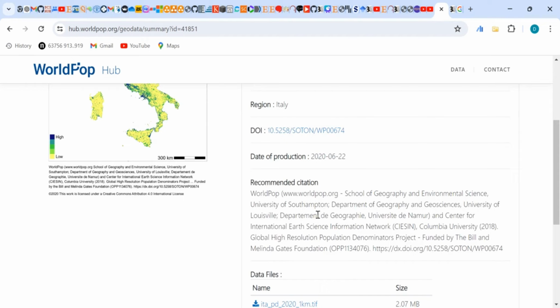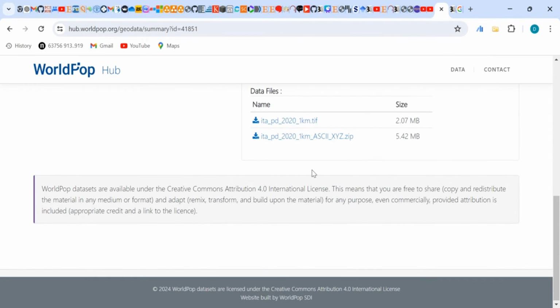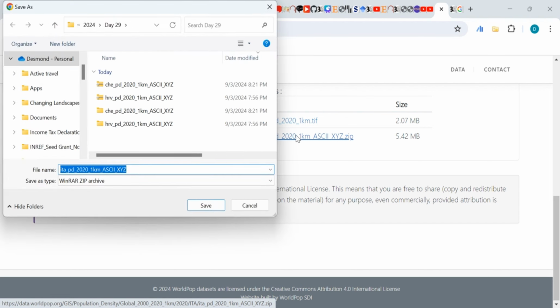So we will click on the 2020 data, and then we are not going to work with the TIFF, just the CSV file. The CSV file has X, Y, Z, where X and Y are the longitude and latitude, and Z is the height, or just the value that we'll be using to illustrate the population density.